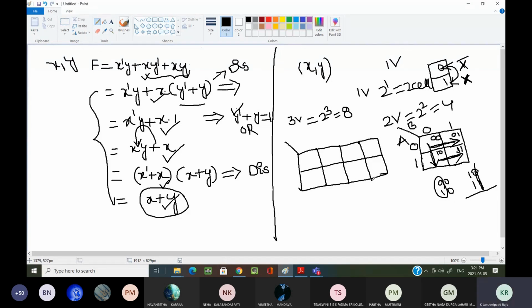Now here, the important point you should understand is the cell values. What is the value of each and every cell? Already we have written one point: each and every cell will differ by one value. This is my 0 and this is my 1. Now, what is the first cell value? Can you tell me what is the first cell value?